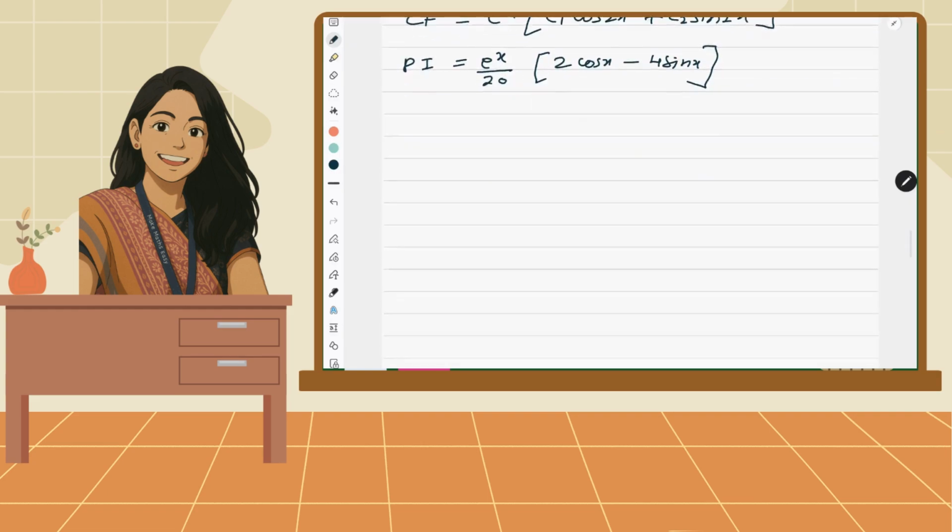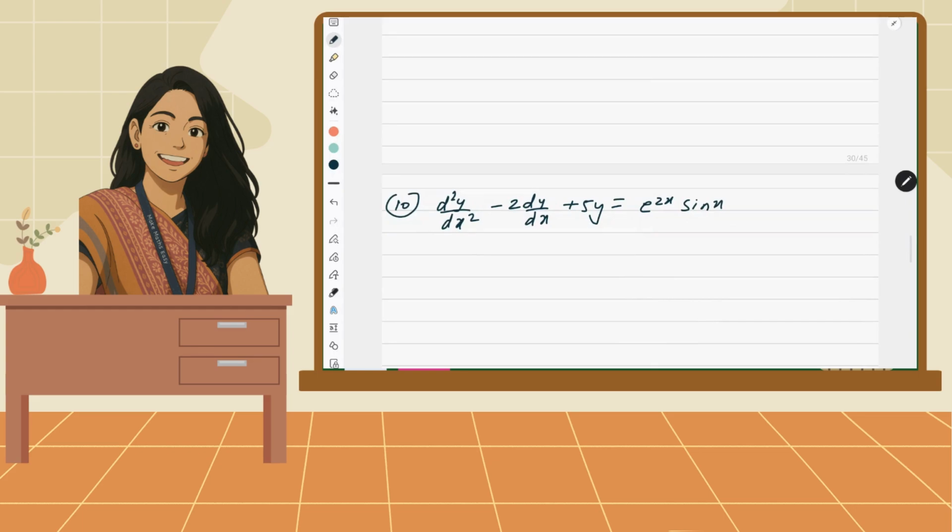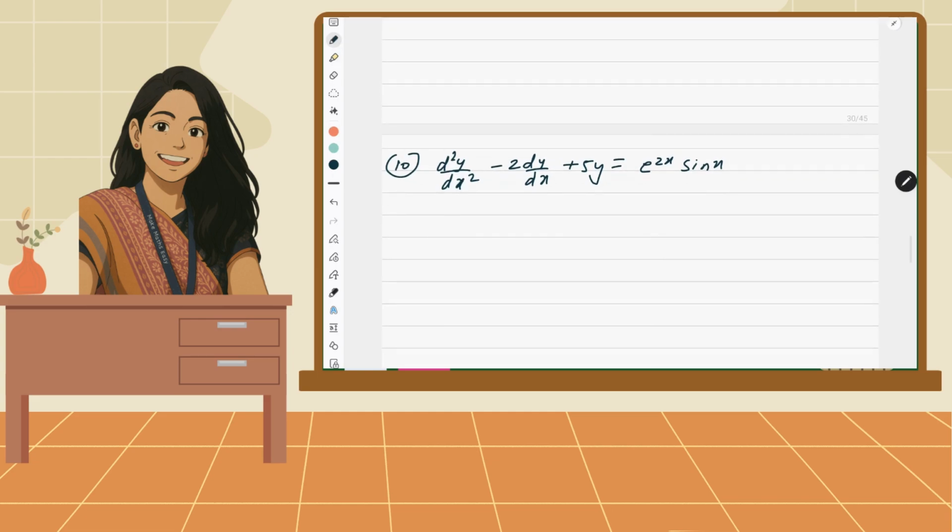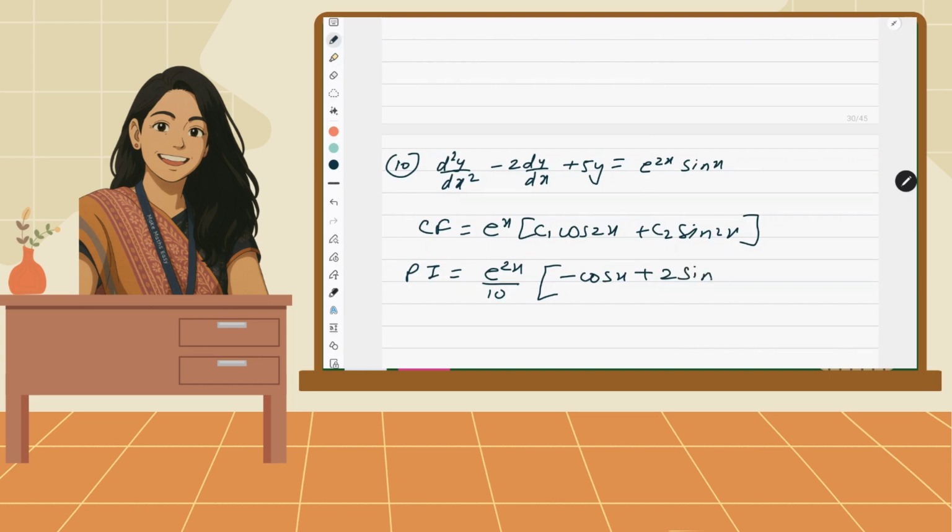So all of you solve. If you are not getting the answer, let me know in the chat box so that I will put the solution, or I will put another video explaining the solutions, right? Same way you can solve this question. 2x sin x, again it is same only. So your CF in this case will be e to the power x, C1 cos 2x plus C2 sin 2x, and your pi will be equal to e to the power 2x upon 10. Please try the question. If you are not getting the answer, you should text me in the chat box and then I will give you the solution. Okay, or I'll prepare a video for all your doubts.